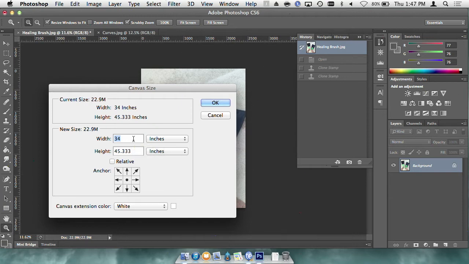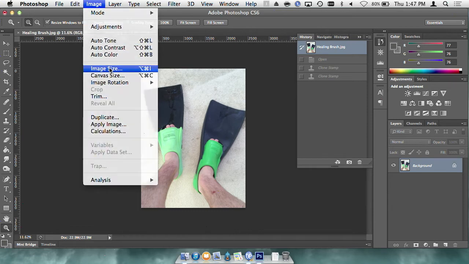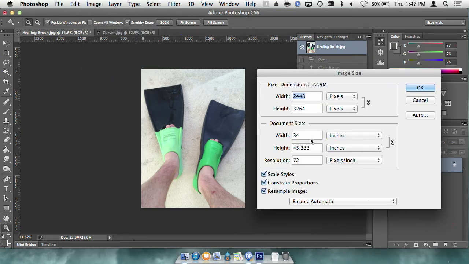So I can multiply 45 times 2. We'll go ahead and keep it the way it is. Or if your image is already a 3x4, then you're just doing a 6-inch width. Exactly. Depends if you've already cropped it. So in that case, let's see, sorry. Let's change the image size on this one to